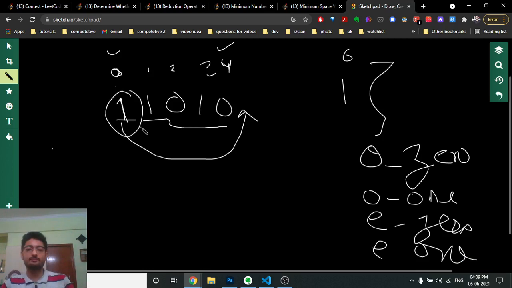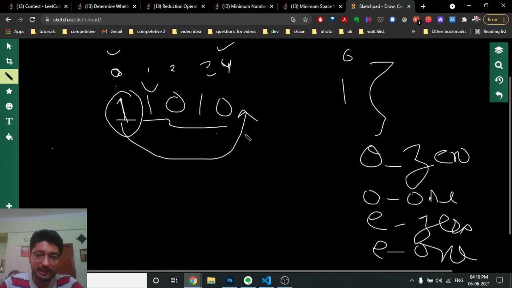That's what we have to see, and then we're going to iterate over all the positions, because there can be a lot of cases here, so just iterate from left to right. For every bit, if I take that bit and put it at the end, because it is at an even position and we are putting it at an even position, what we're going to do here is just take all the rest of the bits, shift them, and then add the one bit which we have put in the back.